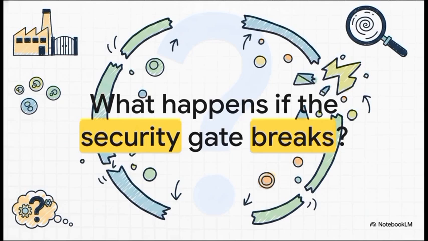So, we've seen how cells are basically these flawless little factories keeping you alive right now, but it makes you wonder, what happens if a factory's security gate, the cell membrane, actually breaks down? Like what sneaks in and what leaks out? I want you to think about that, and we will explore that whole